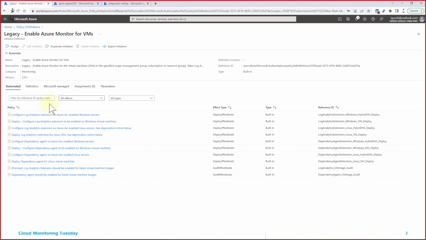But anyway, this is the set of groups that will do exactly the deployment. You see, it says deploy if not exist, configure analytics extension for Azure Arc. Configure log analytics extension to enable Windows virtual machines if not exist, right? So this is exactly the set that we will configure, or we can try to configure one of it, or we can try to configure all of it, because in one shot it will configure all machines, no matter the type of the virtual machines, the operating system inside, etc. And we can assign it